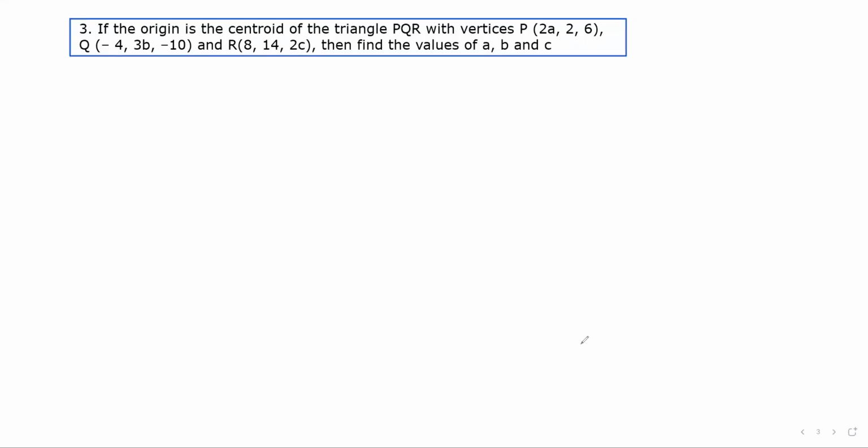Next. The origin is the centroid of the triangle PQR, which means the centroid coordinates are (0, 0, 0), with vertices P, Q, and R given in terms of variables small a, small b, and small c. You have to find the values of small a, small b, and small c. Let's draw the triangle first. Now, we know that C is the centroid of triangle